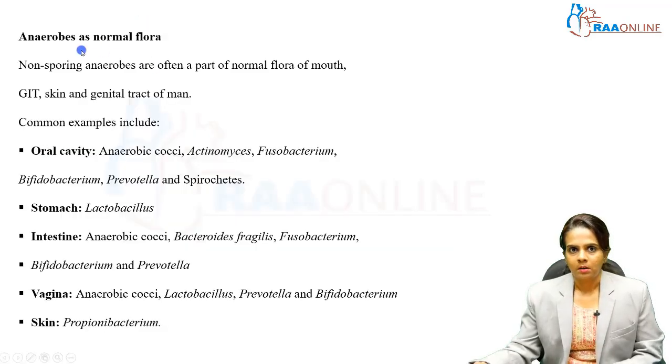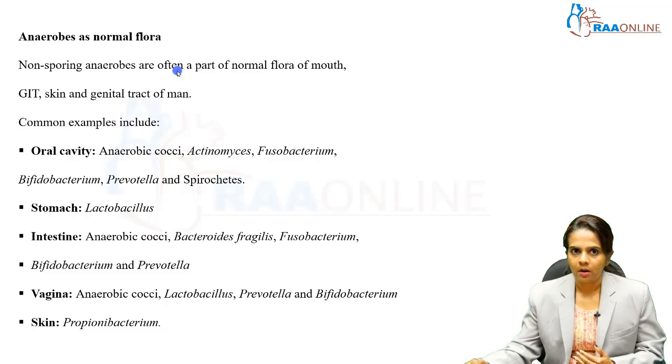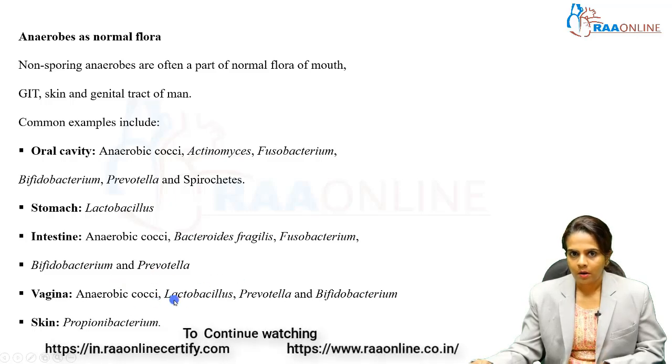Anaerobes are normal flora. Usually, non-sporing anaerobes are often part of the normal flora of the oral cavity, GIT, skin, and genital tract. Common examples: in the oral cavity, the most common commensals are anaerobic cocci, Actinomyces, Fusobacterium, Bifidobacterium, Prevotella, and spirochetes. In the stomach, Lactobacillus. In the intestine, anaerobic cocci and Bacteroides fragilis, which is common, and Fusobacterium, Bifidobacterium, and Prevotella. In the vagina, again anaerobic cocci, Lactobacillus, Prevotella, Bifidobacterium. In skin,